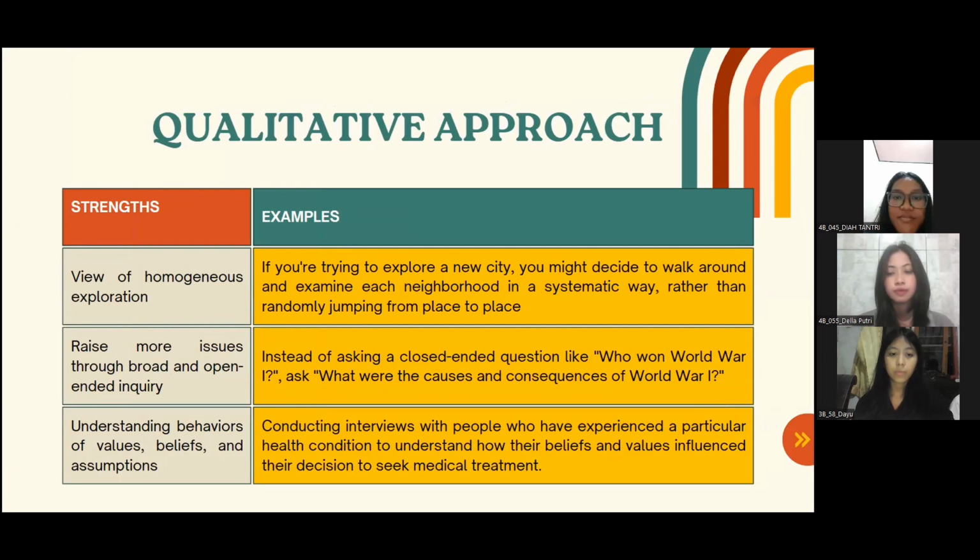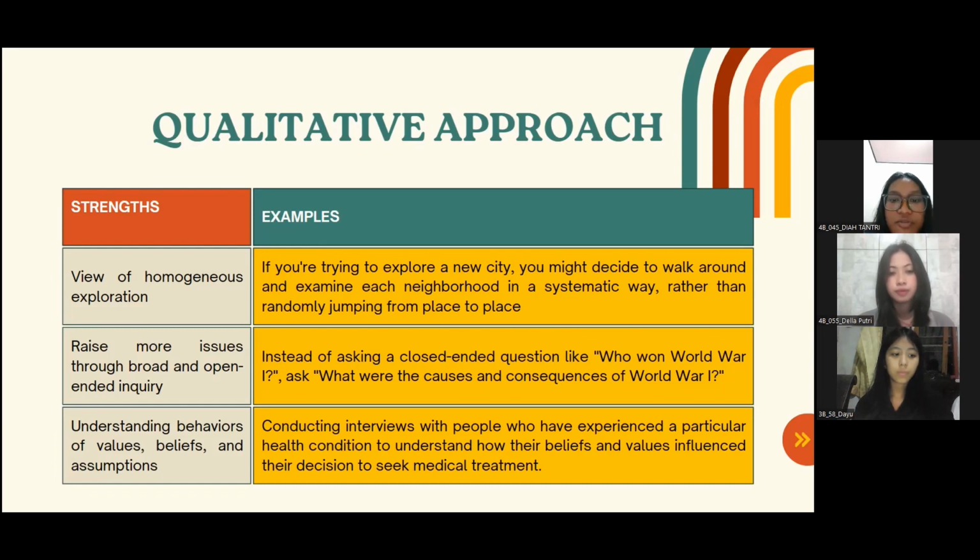The first strength is view of homogeneous exploration. This term refers to the idea of exploring a particular area or topic in a consistent way. In other words, it suggests that when trying to discover something, it is best to approach it with a consistent method, which is the data collection method.